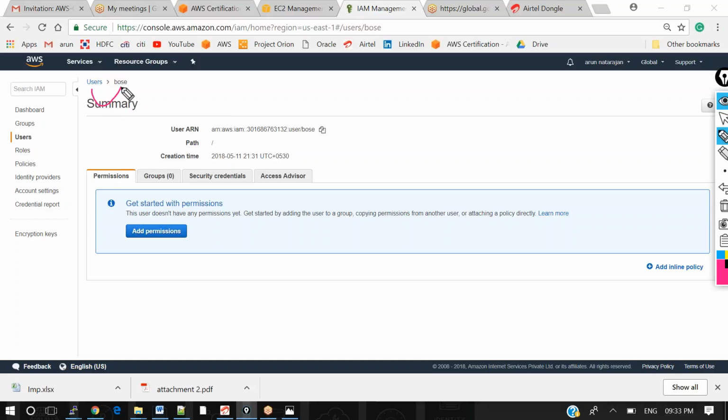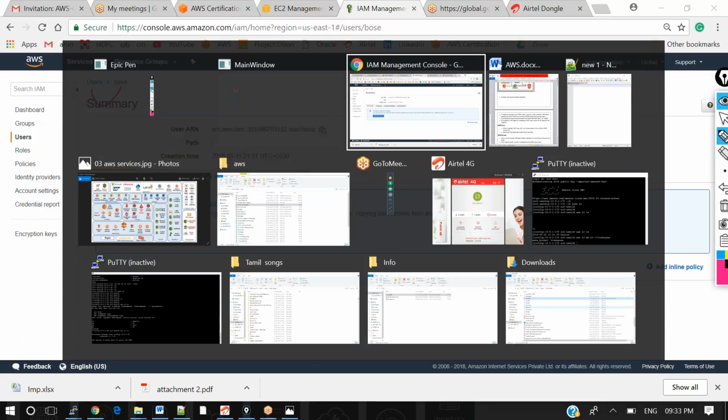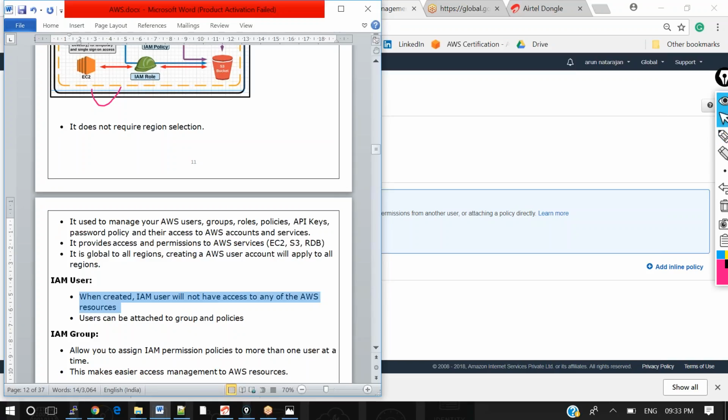You can see under boss what permissions are given? Nothing. I haven't assigned any permission to the user called boss. And the next one, the users can be attached to the groups and the policies.